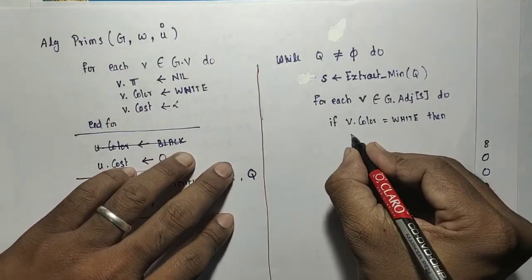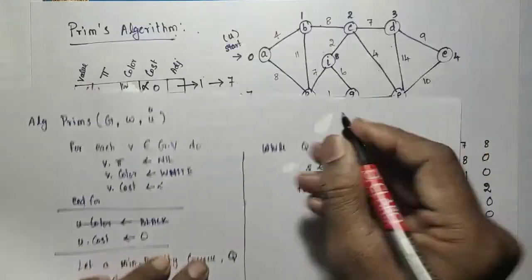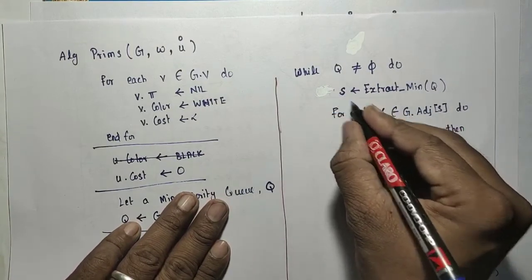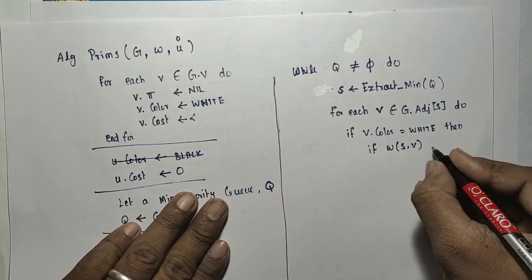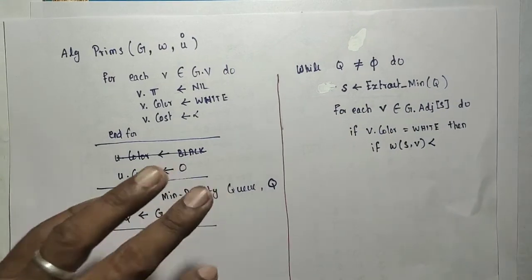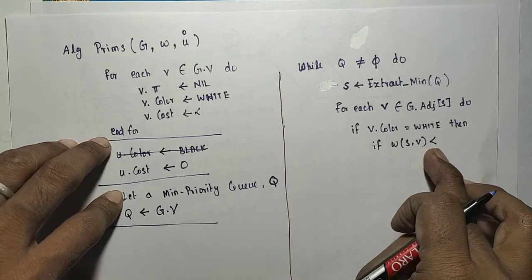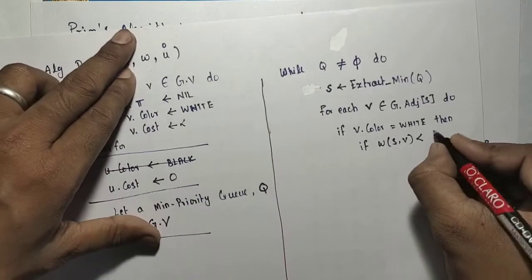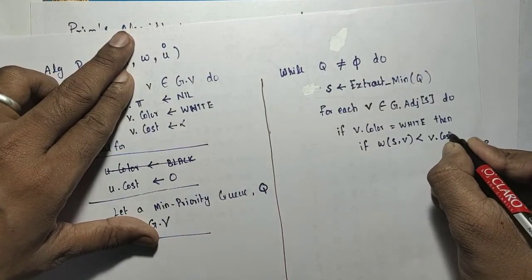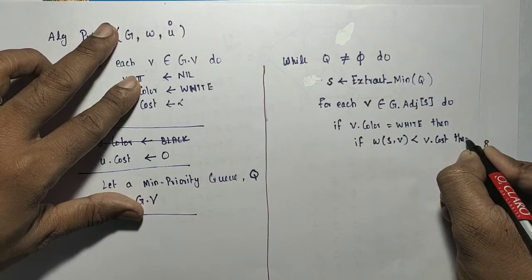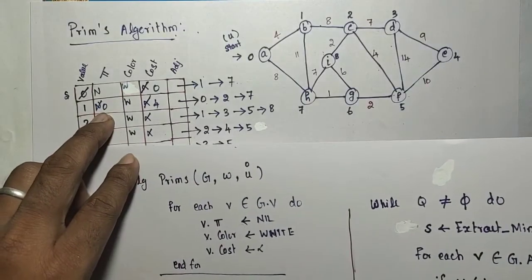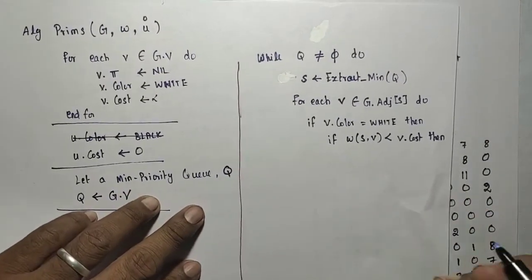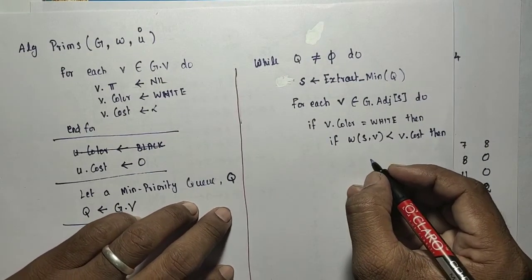So what I have to check, that cost will be picked from the cost matrix. So that is w of s to v, that cost is less than the cost of v, v dot cost. Then I need to do that updation on the parent and the cost. No need to update the color. Parent and then the cost. The parent will be updated with what,